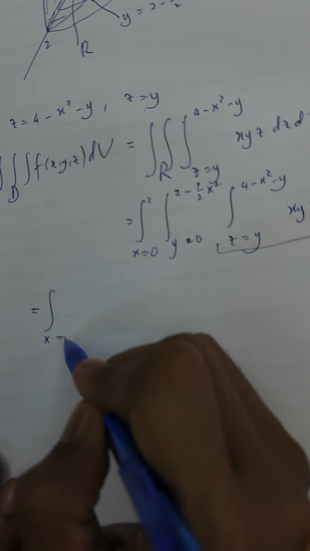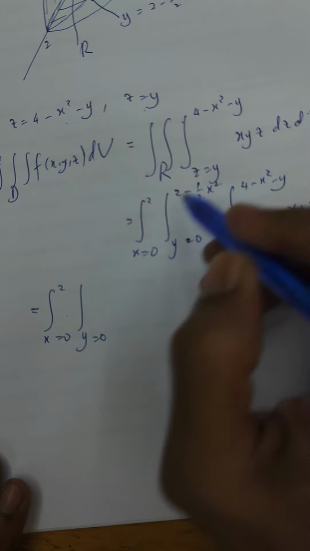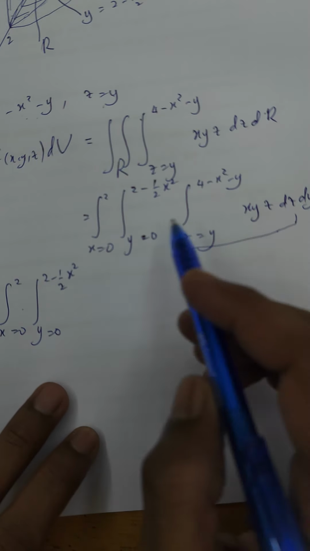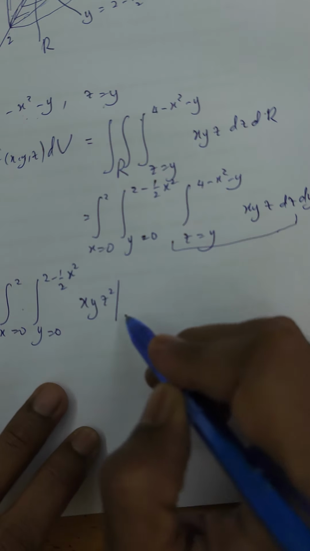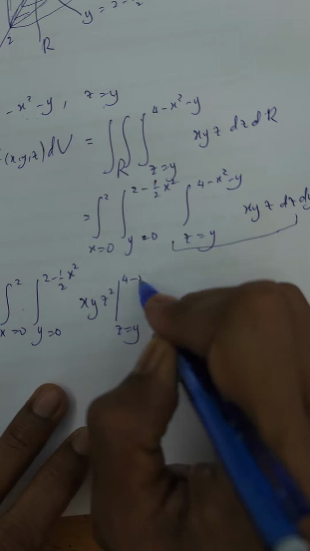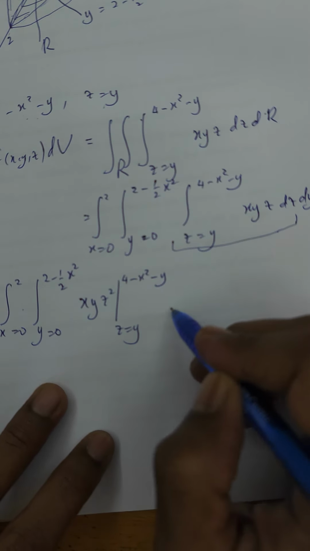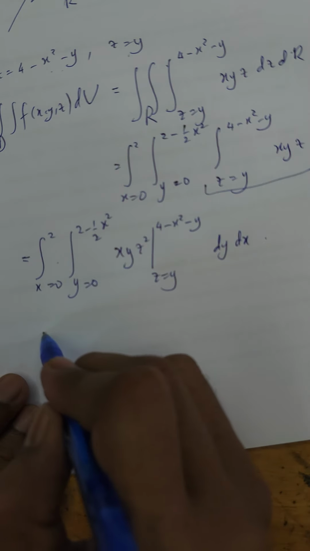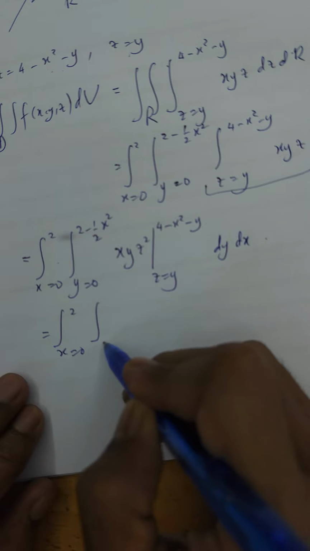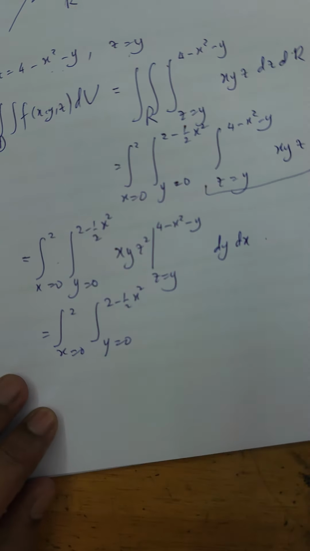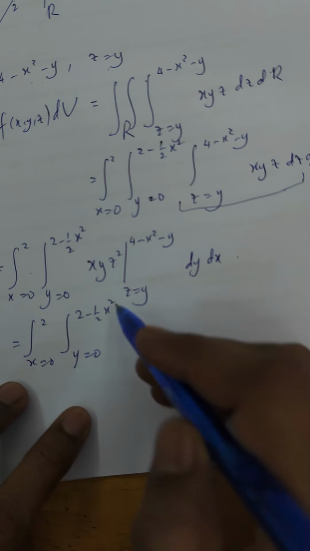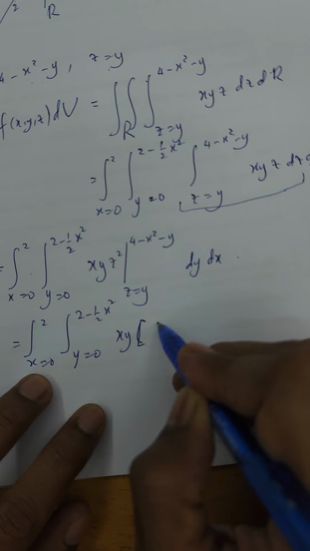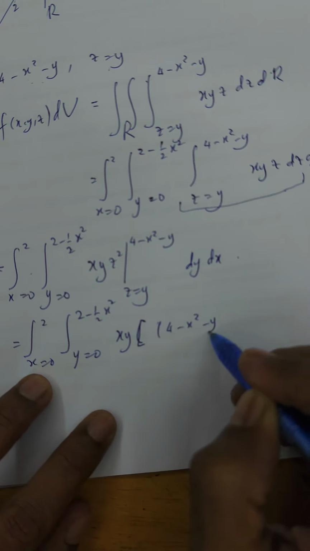We have x from 0 to 2, y from 0 to 2 minus half x squared, and inside there we have xy z squared over 2, with z from y to 4 minus x squared minus y, dy dx. That gives us the integral with x from 0 to 2 and y from 0 to 2 minus half x squared, of xy times 4 minus x squared minus y, all squared,